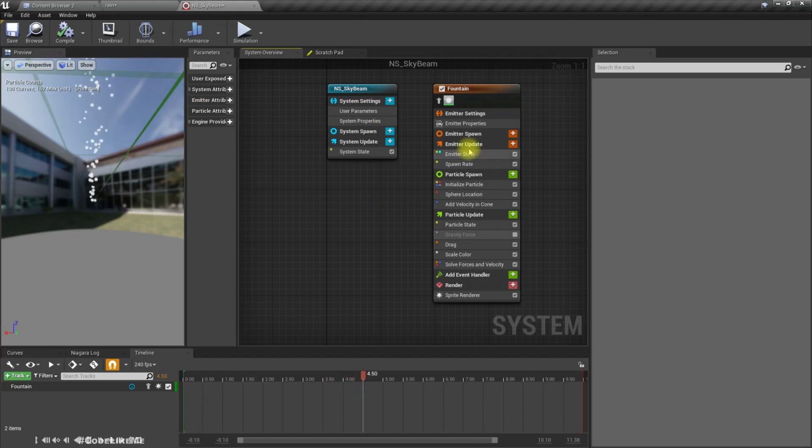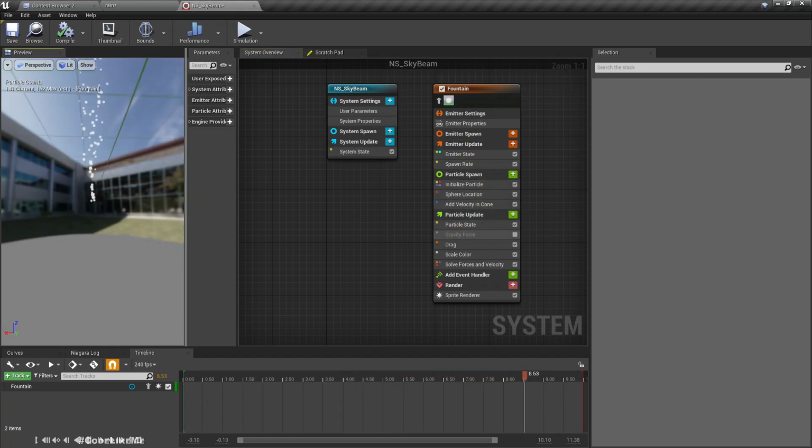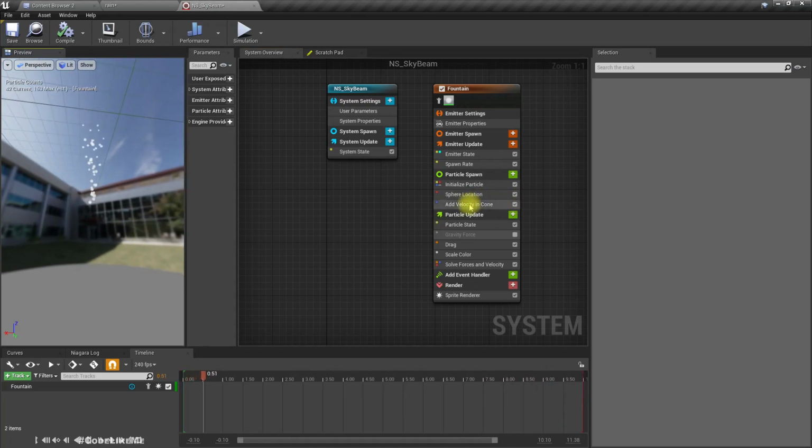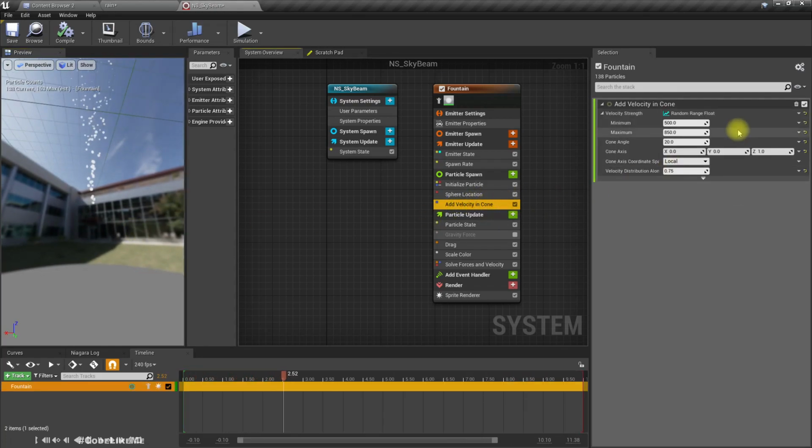I'll disable the gravity because it should shoot up to the sky. And this add velocity in cone, I'll reduce this cone angle to something like 2 and increase the velocity, I don't know, 1000 to 1200,